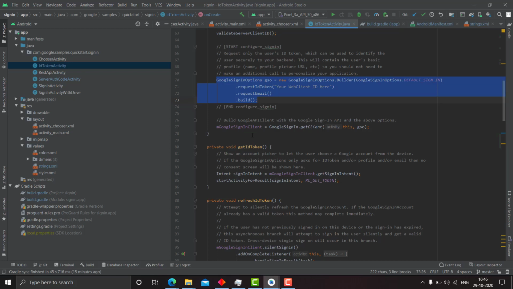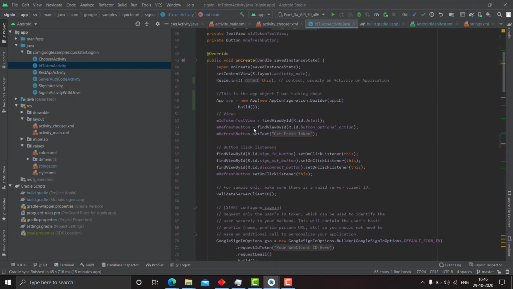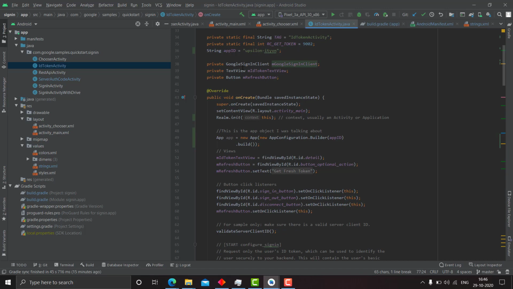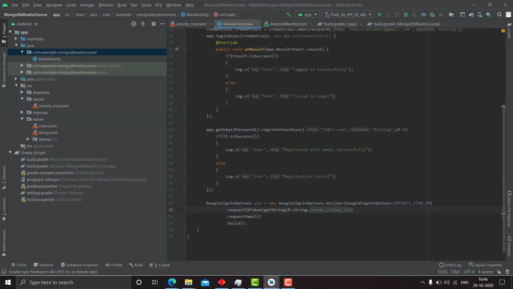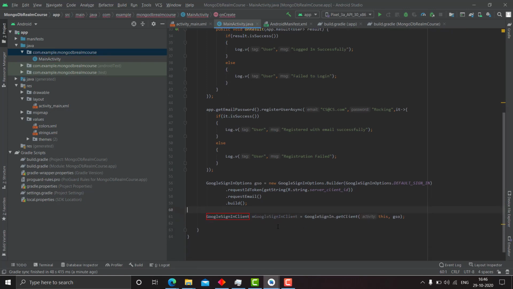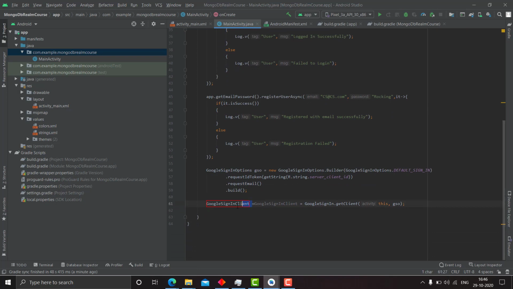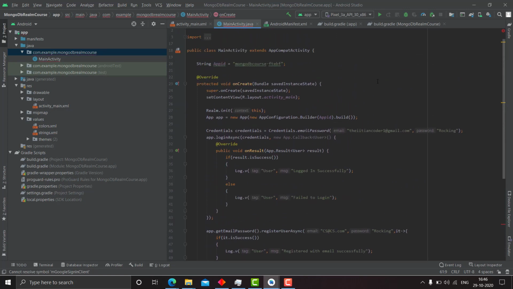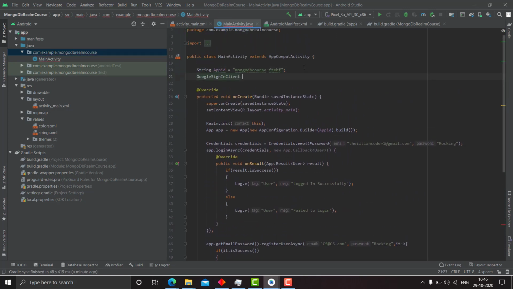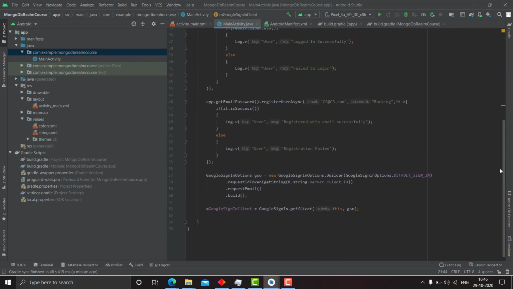The next thing that we need to do is Google sign-in client equals GoogleSignIn.getClient. I've already declared this Google sign-in client above. Let's create this Google sign-in client here also. Let's create it at the top as a global variable for this class. So Google sign-in client, Google sign-in client. Okay, after we have created this Google sign-in client,